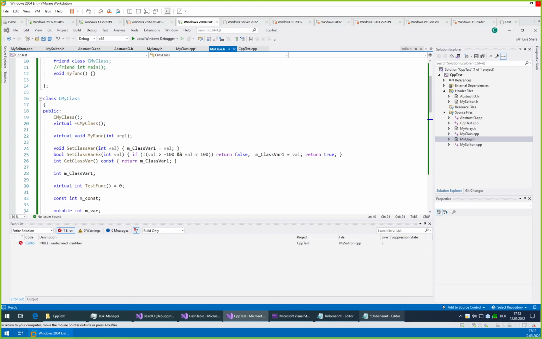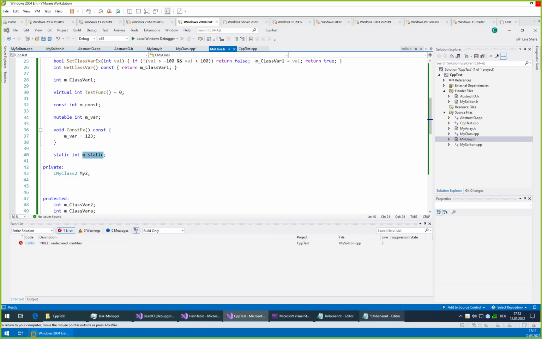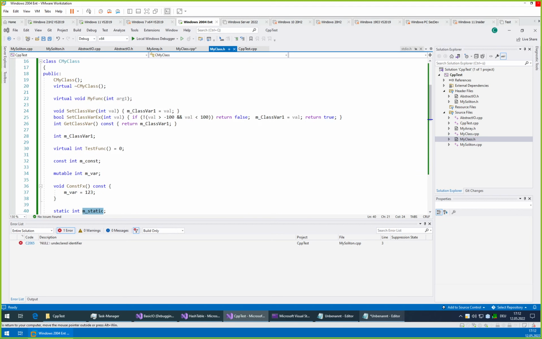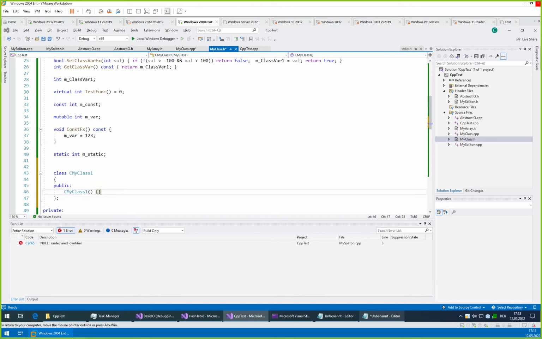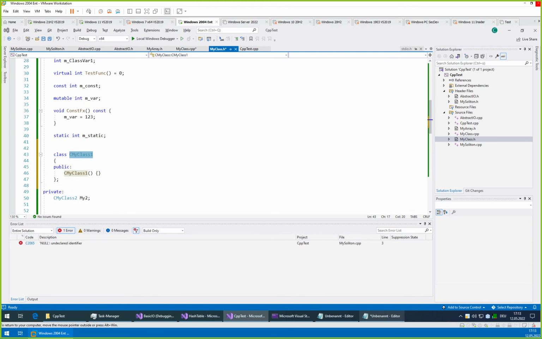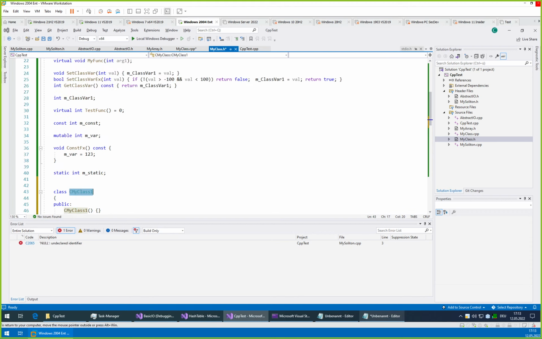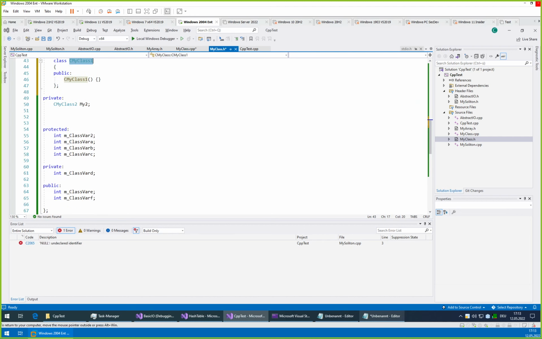So here we have our my class, and within it, let's say in the public space, create another class. Let's call it my class 1, and this also works fine. My class 1, that's the constructor. We don't want it to do anything. Now you might wonder how you would access such a class which is created within the namespace of another class.